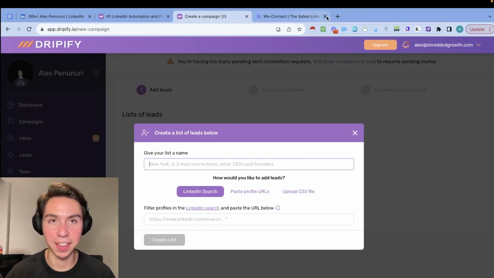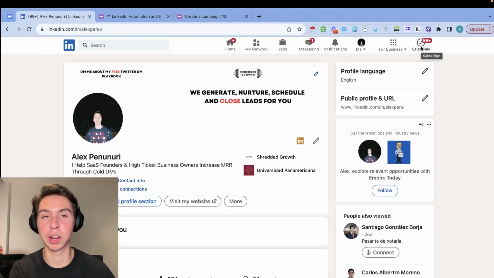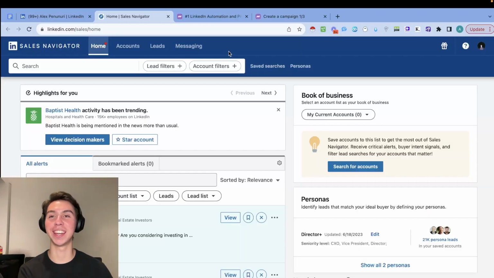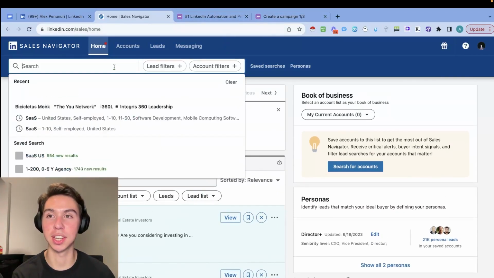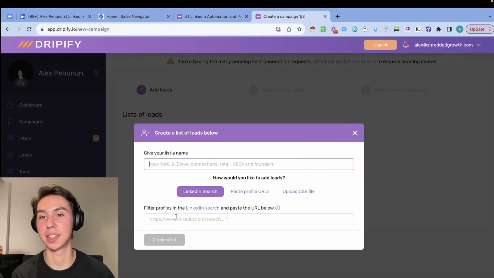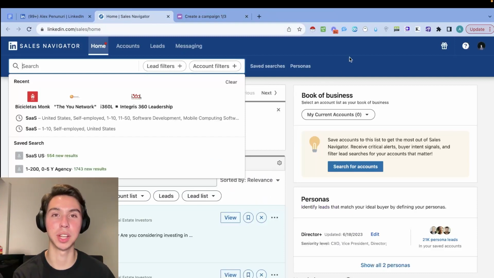But before we get into that, I actually want to go back to LinkedIn and then open up Sales Nav. If you don't have Sales Nav, if you've never had it, then I would recommend you get the free trial, and it just gives you everything free for a month, I'm pretty sure. So take advantage of it. And the nice thing is all we have to do is search for our leads in here, and then we can just paste the link and it'll start automatically adding the leads in there. So there's no need to do anything else.